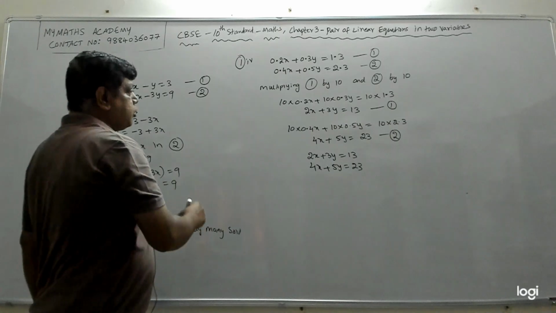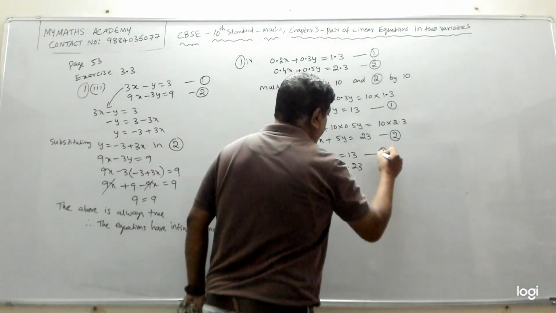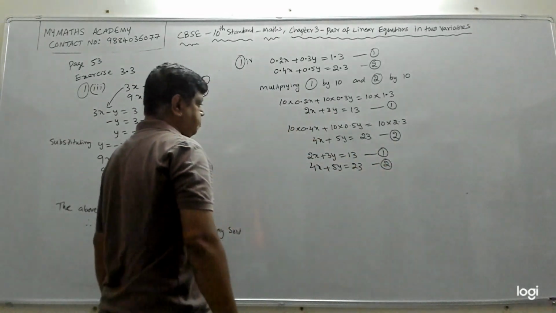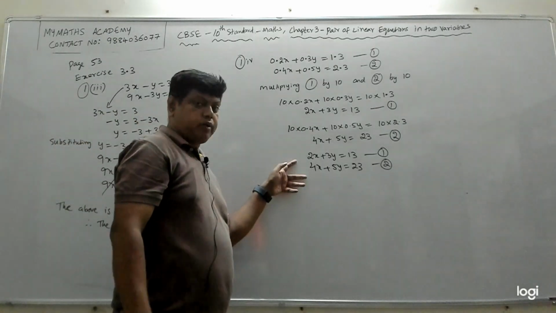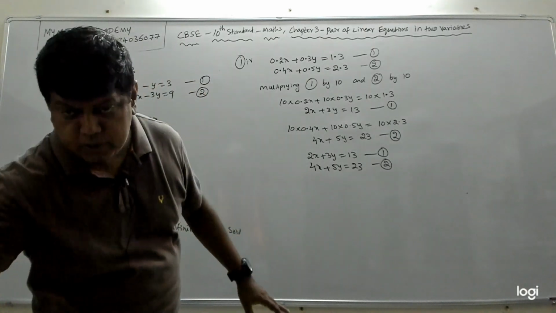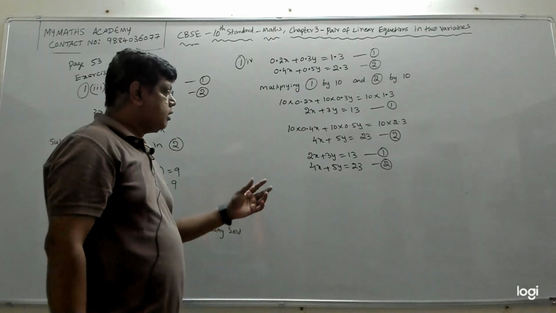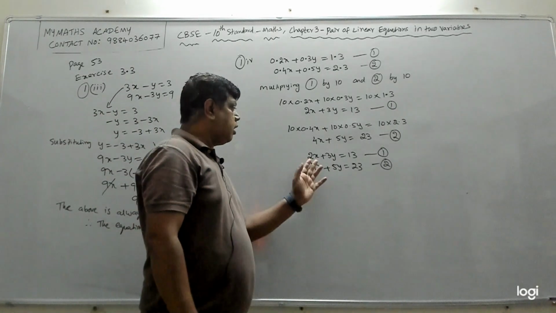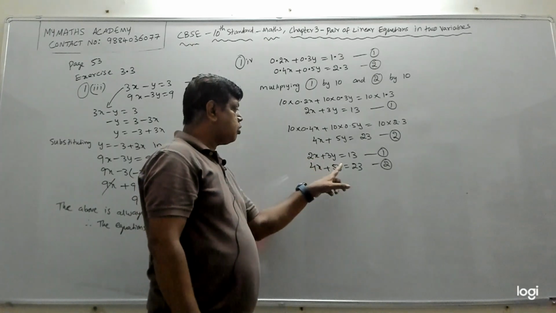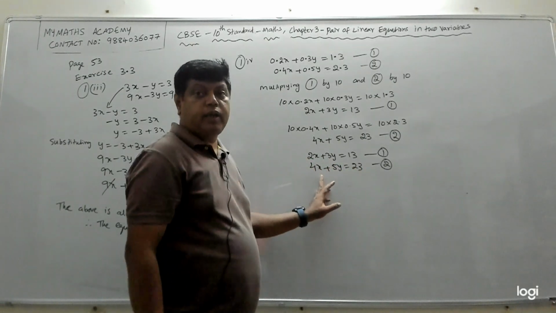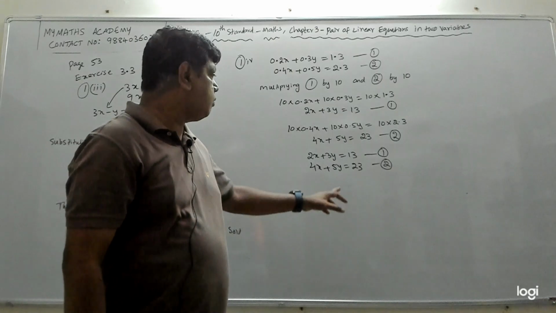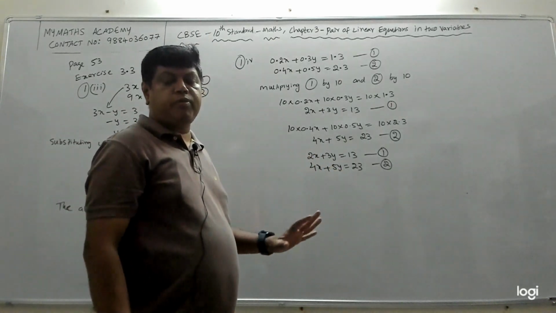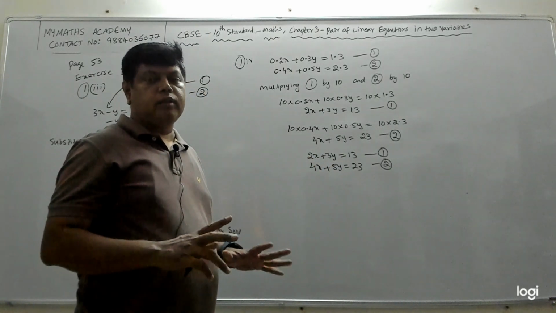Now we should solve these two equations. I am still using the same numbers 1 and 2. Again, first we should check, same as how we did the earlier problems, which has coefficient 1. None of them has coefficient 1. The coefficient of x is 2, the coefficient of y is 3, here x is 4, and here y is 5. If none of them has coefficient 1, then we can take any equation.